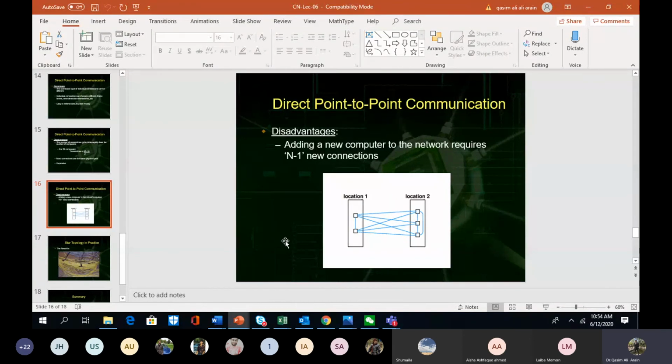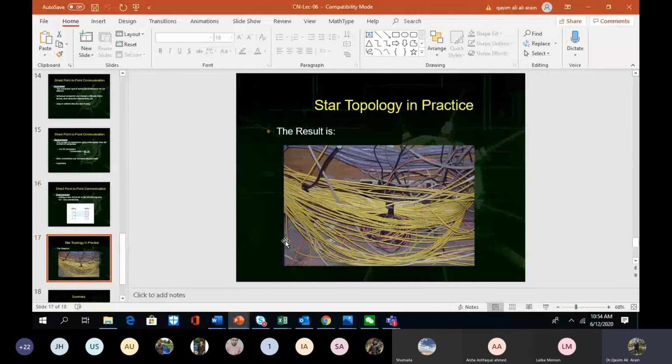If you have a smaller network, that is fine. अगर आपके पास 2, 3 या 4 computers हैं, if you want to make a point-to-point connection, that would be fine. That would also not be costly. But if you have enterprise level networks, आपके पास बहुत बड़े networks हैं, तो उसमें अगर आपने इस तरह का network बनाना है, तो it would be creating a lot of problems or a lot of hassle for you. How will it look like? Something like that.